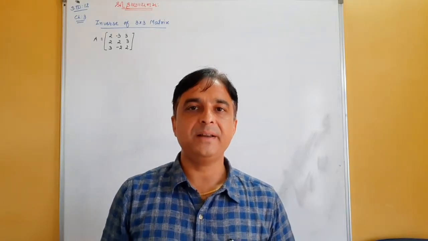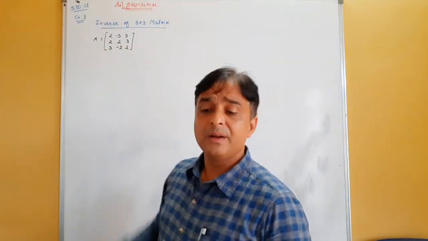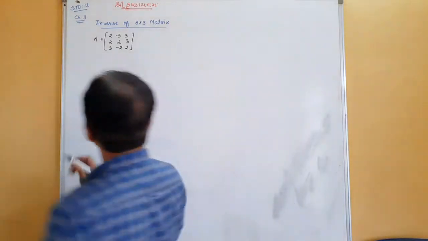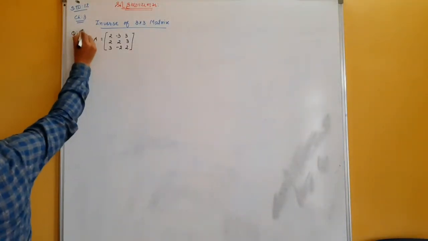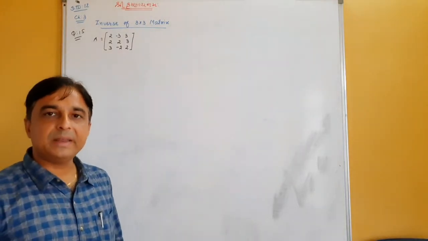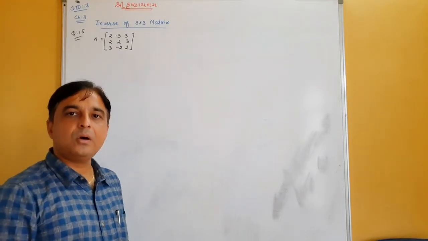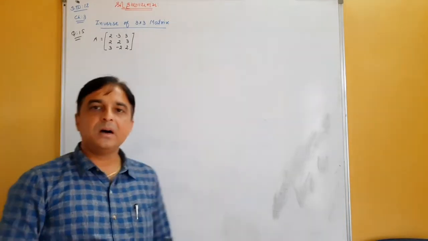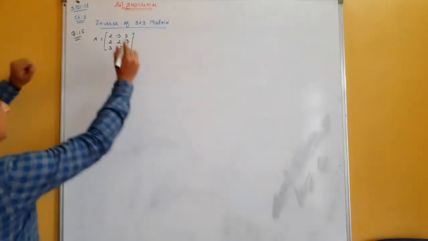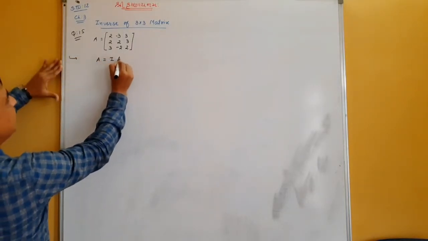Now, the inverse of a matrix of order 3 by 3. See, question number 15, exercise 3.4. Find the inverse of the given 3 by 3 matrix by elementary row operation or column operation. So we are using an elementary row operation to find the inverse of a given matrix. So we know that A equals IA.